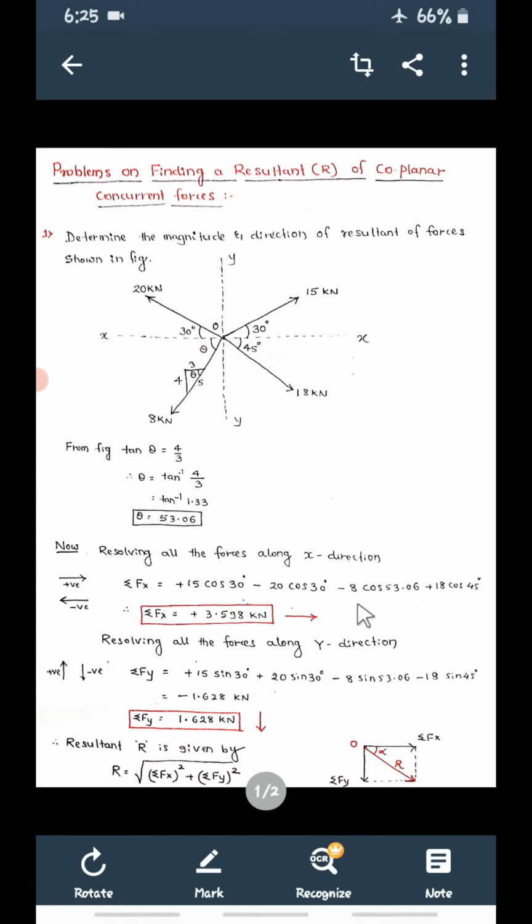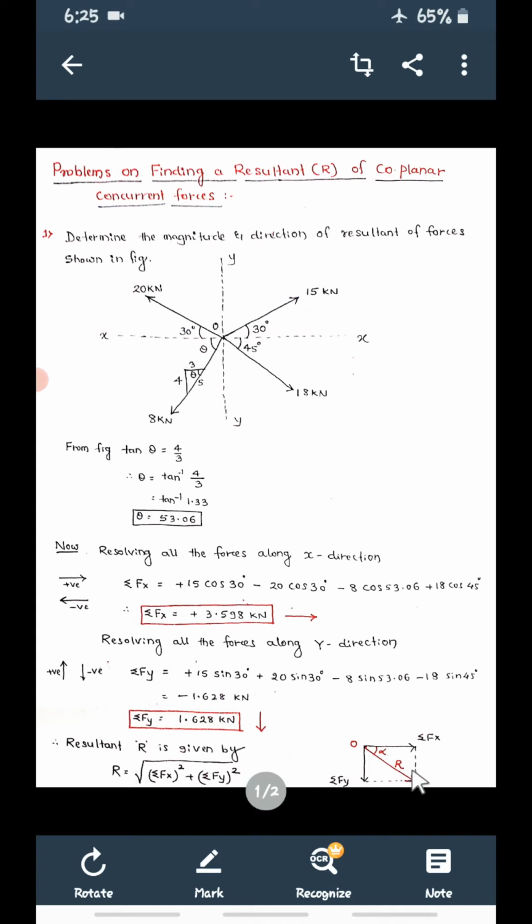So summation Fx is in this direction. See, this is summation Fx. Okay. Then summation Fy is downward direction. So from this only, this is point O now, we are drawing here. So this is point O. So this is summation Fx horizontal. Then summation Fy downward with O, it is downward.